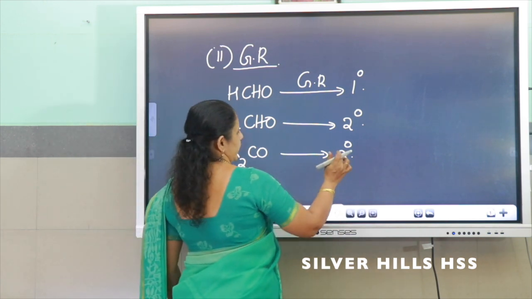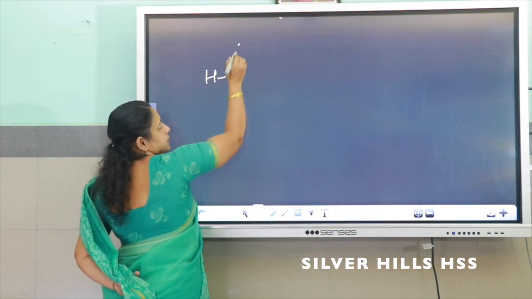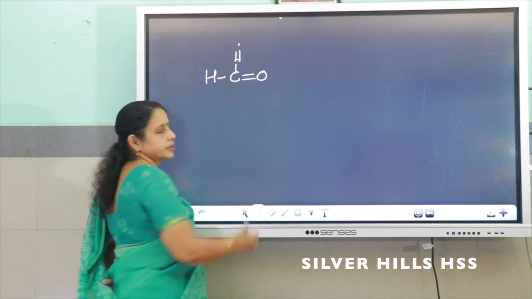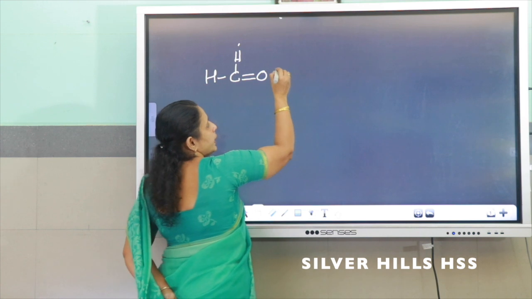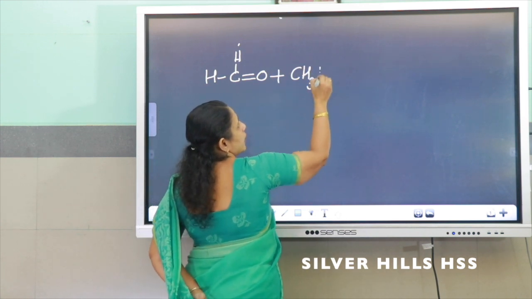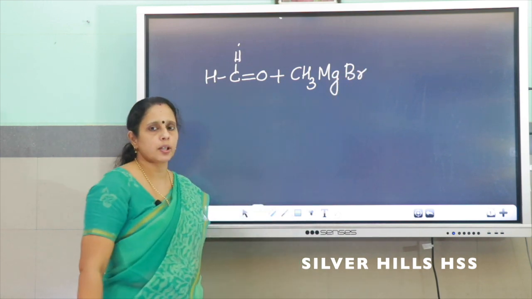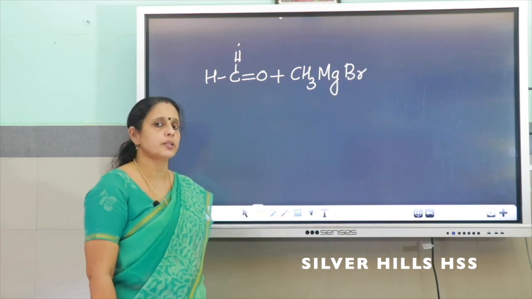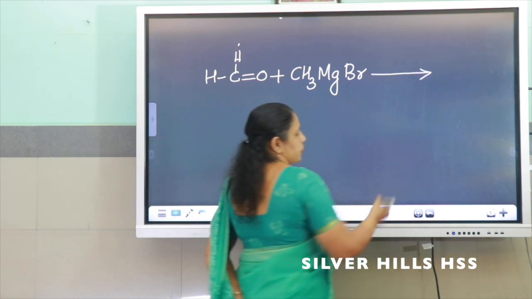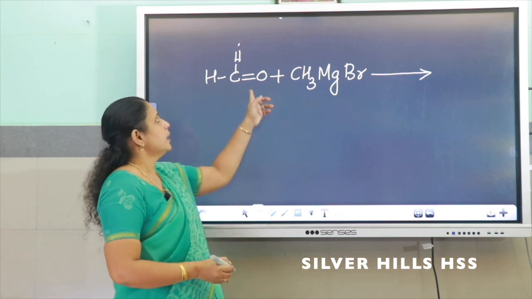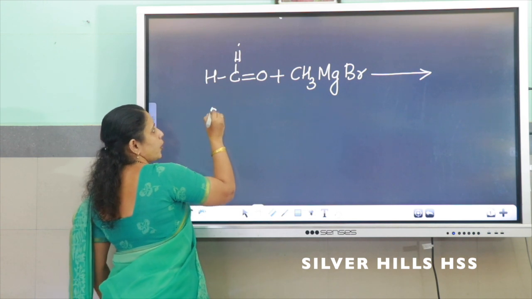So, how will you write the equation? HCHO. This is methanal, commonly called formaldehyde. When treated with Grignard reagent, alkyl magnesium halides, which are very useful chemicals, addition takes place. Actually nucleophilic addition takes place, and the addition product is